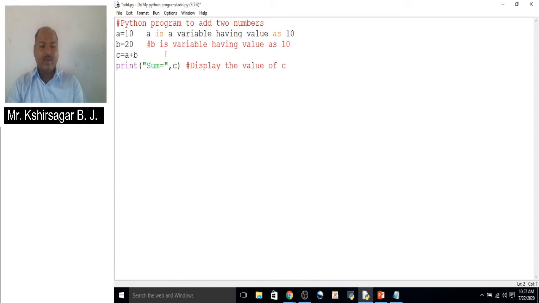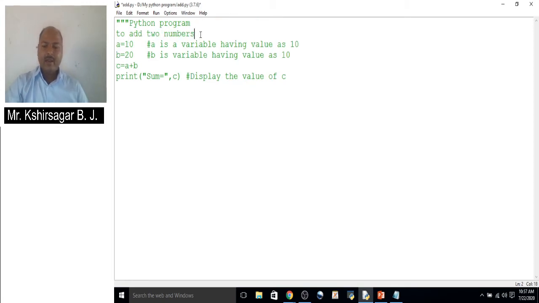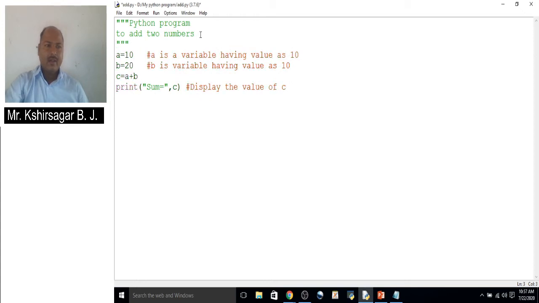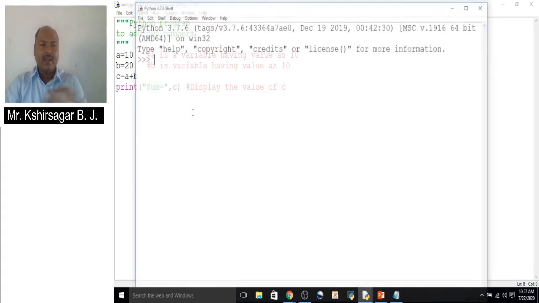For writing multi-line comments you can use a triple double quote or triple single quote like that. Here you can give the multi-line comment in this way, and after that it will be closed by a triple double quote or a triple single quote. So in this way we can write multi-line comments.